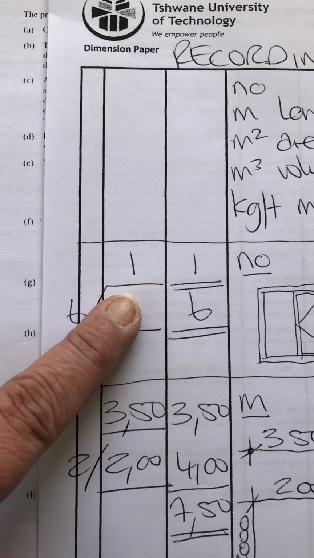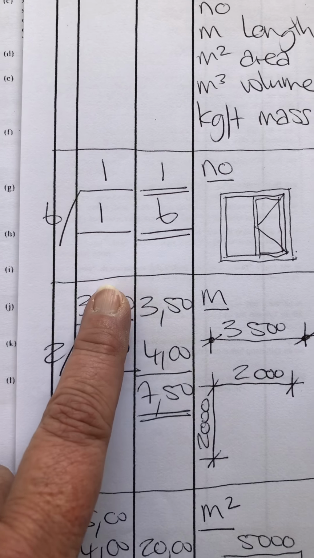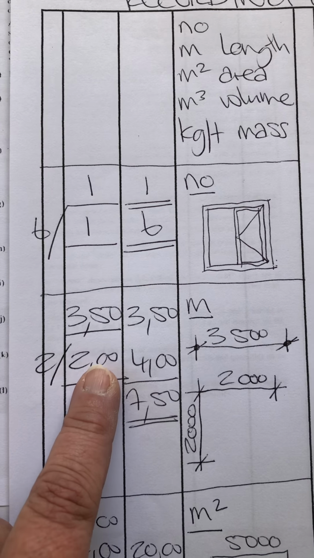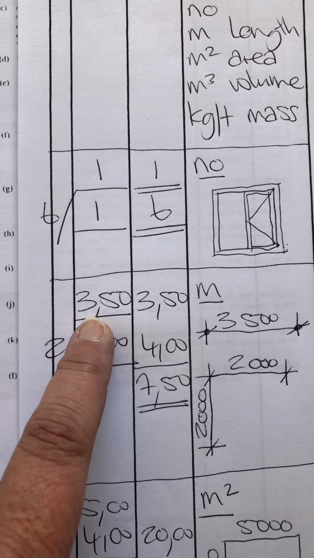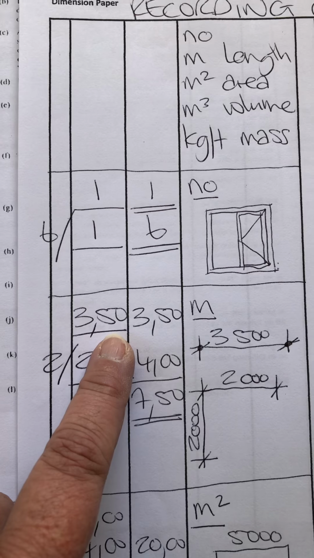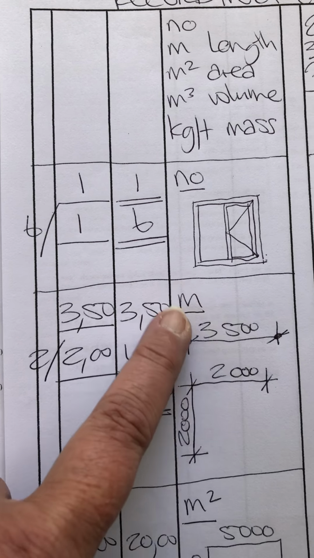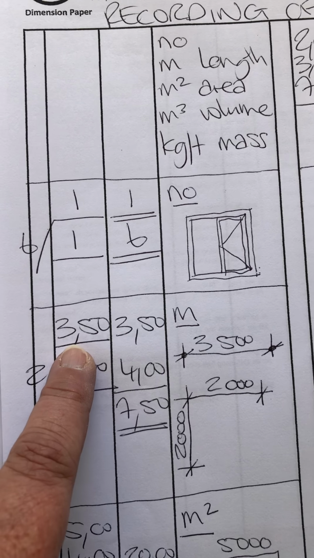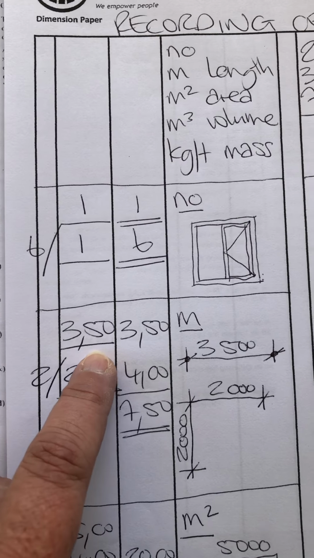Say for instance I've got a length of 3500 millimeter. How do I write it in my dimension column? Remember the dimension column? I have to write in meters, 2 decimals. So 3500 millimeters becomes 3.50 meters. If I'm only working with a meter, so only one dimension, I will put my line beneath that to say equal. So 3.5